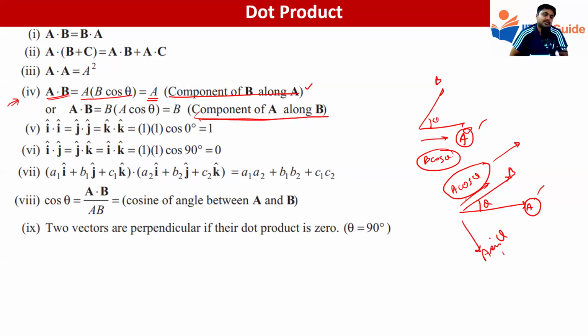Okay. Fifth point, I dot I, J dot J, K dot K: the magnitude of the I, J and K cap vectors is 1 only. So therefore, it's going to be 1 into cos 0, which is 1. Now I dot J, J dot K, K dot I are going to be 0 because the angle between all of them is going to be 90 degrees. Seventh point